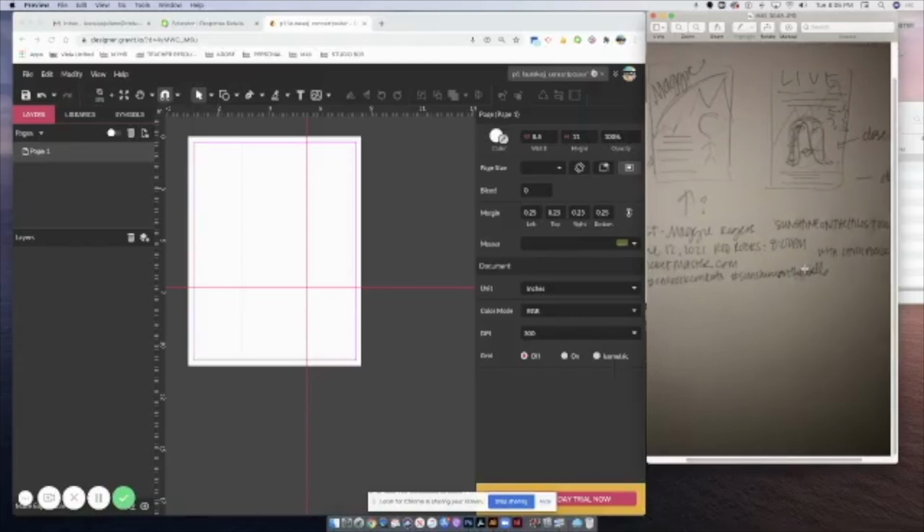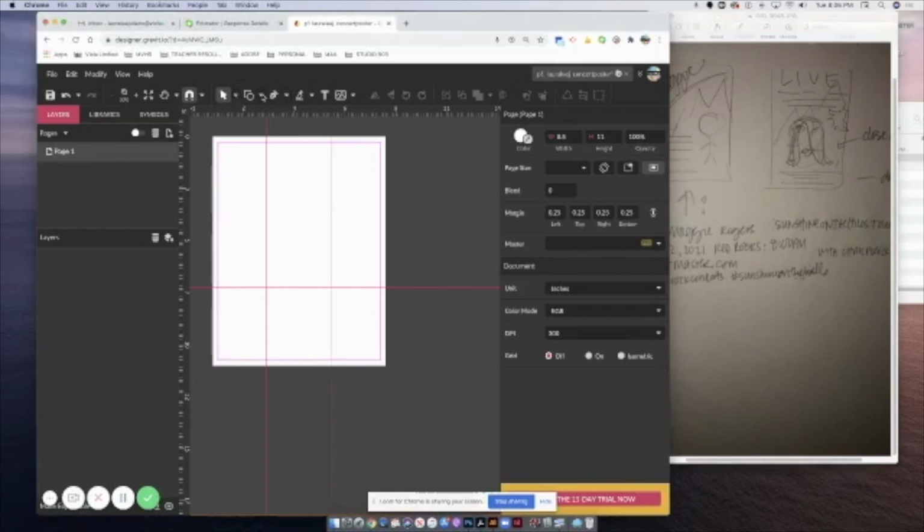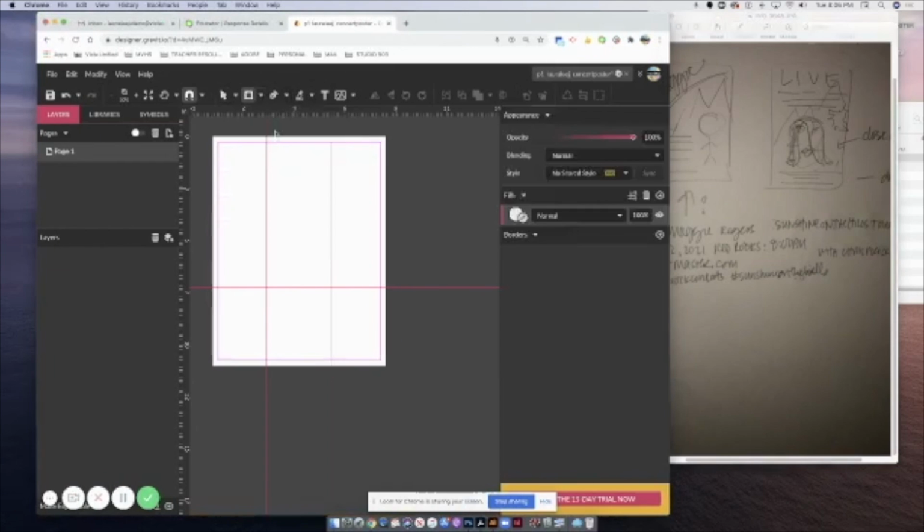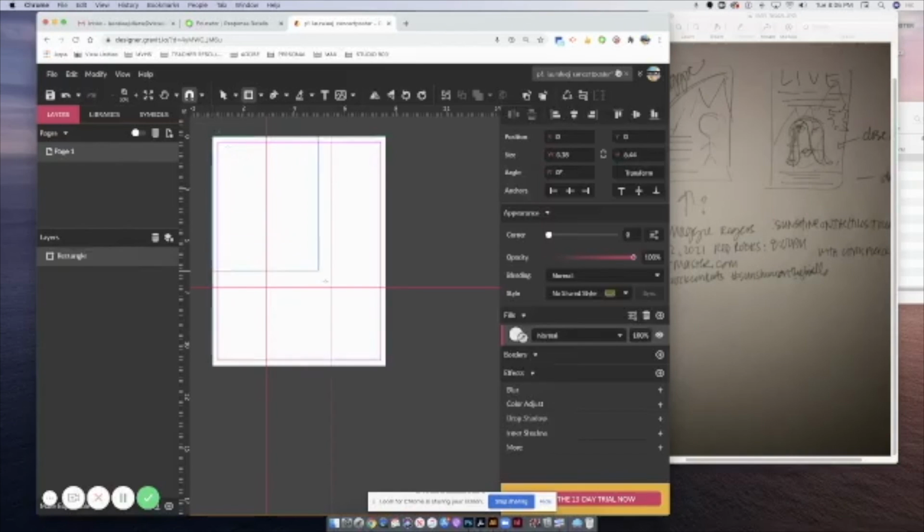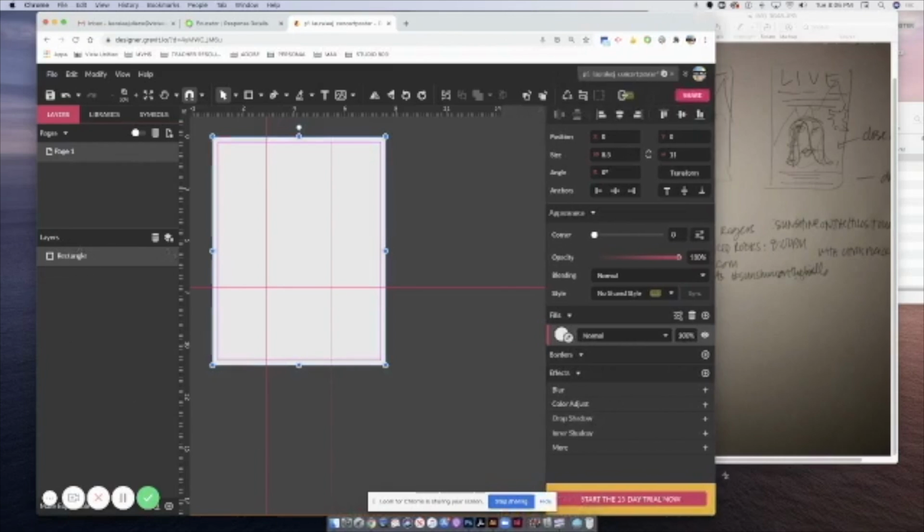So I think the first thing I want to do is create a full background. So where I'm going to start is by creating a shape. I'm going to go up to my shapes, grab a rectangle, click in the top left corner, and drag out a rectangle that is the full size of my canvas. And you'll see in my layers that once I start putting stuff onto my canvas, it starts to show up in my layers panel,